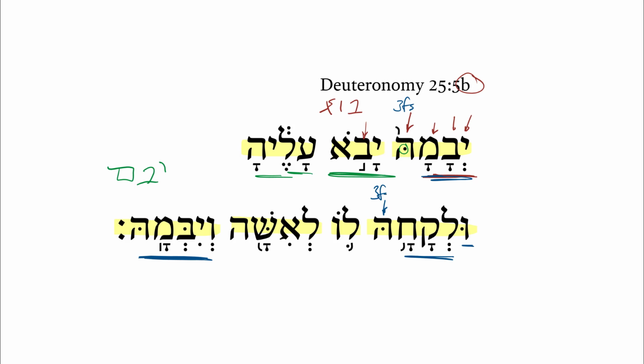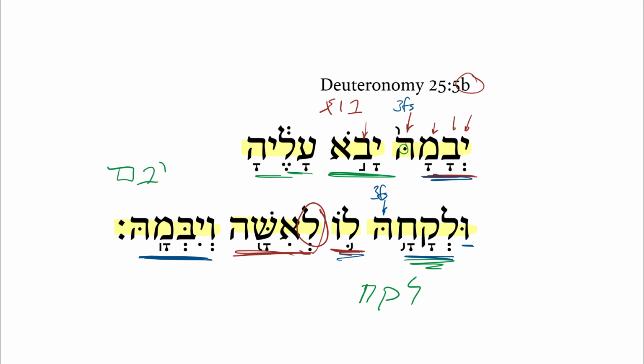There's that third feminine singular suffix again. The verb now is a Qal perfect third masculine singular of the verbal root lakach. He shall take her to himself as a wife. And so he shall take her as his wife would be a good way to say this, but literally, he